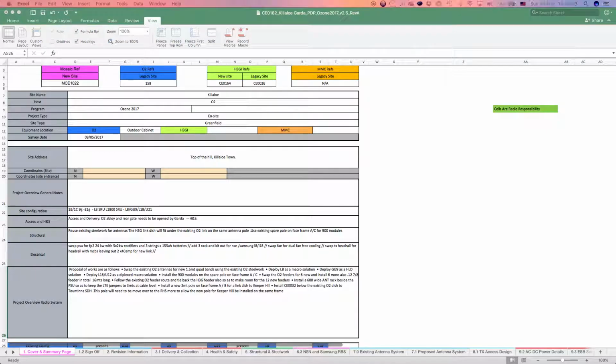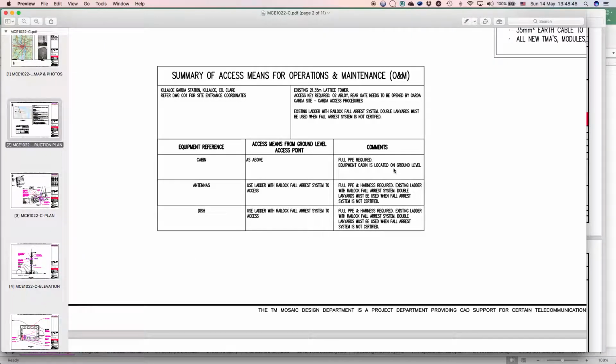So that's what you get there. Then the next thing you have in that is sometimes you won't see the type of fall arrest. So if you look at the photos, you always get photos. So you look at the photos. So you should be able to identify if the fall arrest is a Latchway, Haka, rail lock, or what type